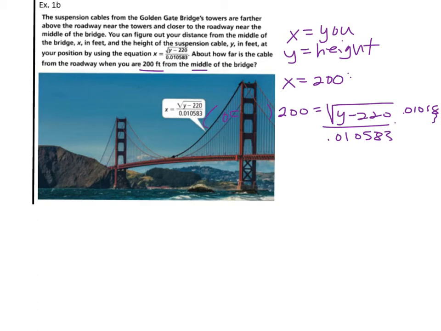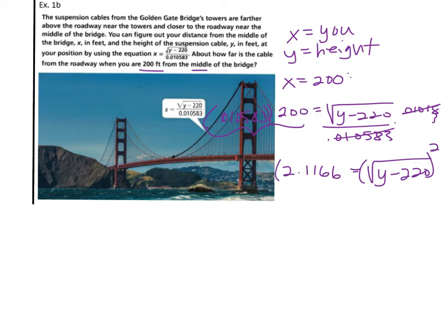0.0501, whoops, here we go, 0.010583. If you multiply that on the right, they cancel out. And that gives us just the radical, y minus 220. On the left, if we multiply those two together, I got approximately 2.1166. To get y, or get rid of the radical, we have to raise it to the nth root, which